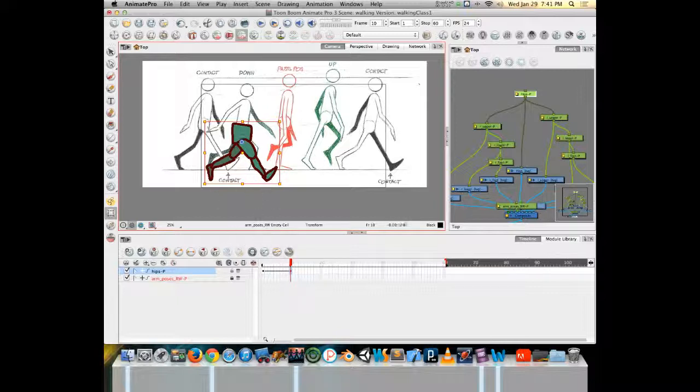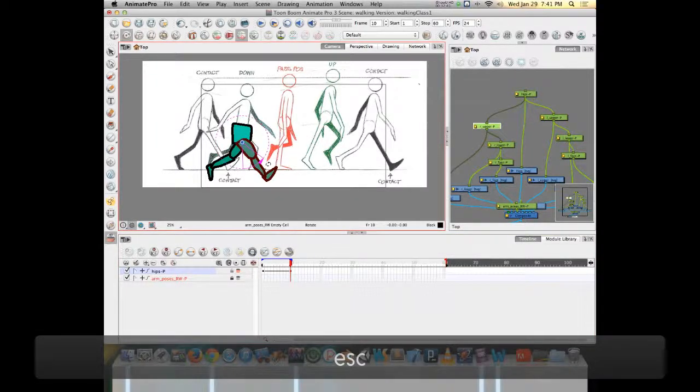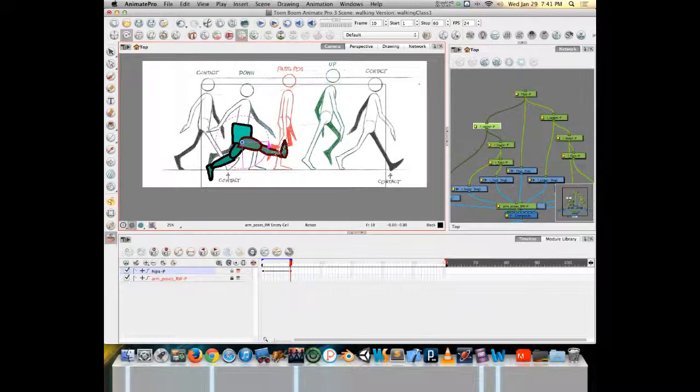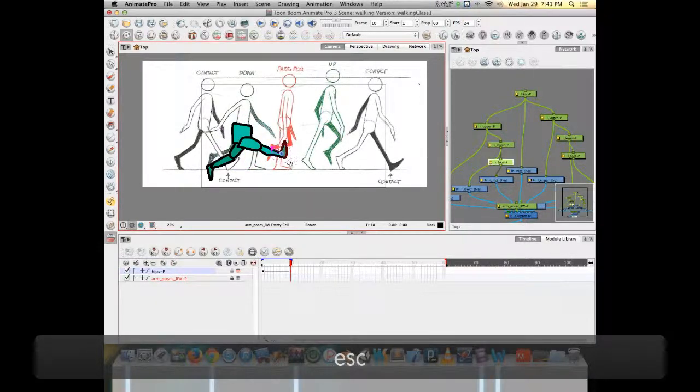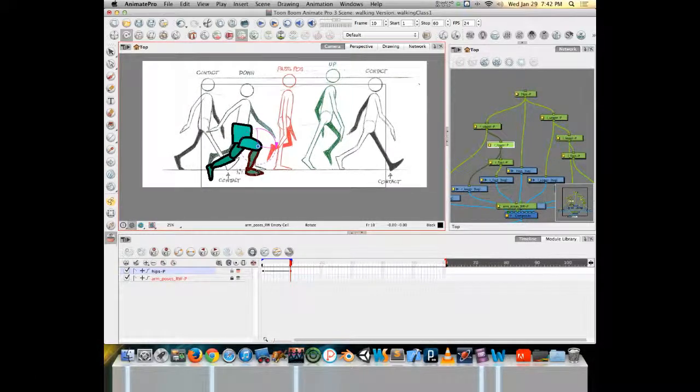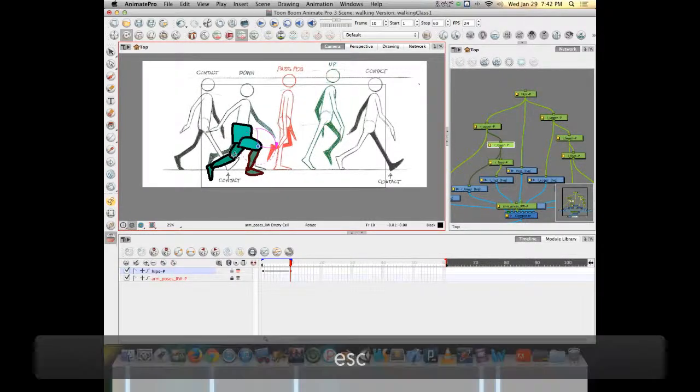So we can see that they didn't line up before. I can even turn on onion skinning and extend things out, and that will start to give me some help as well. And with that, I'm going to switch to my rotation tool and start animating this leg. So I know I need this one to come up, and I can now start working my way through the food chain of it and